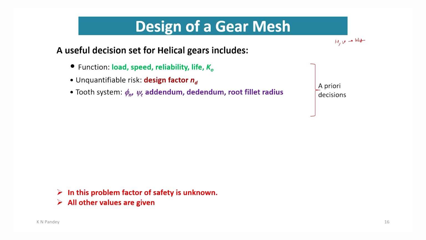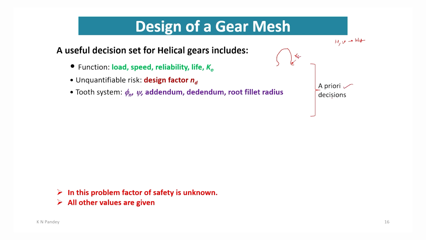The tooth system consists of the normal pressure angle, helix angle, addendum, dedendum and the root fillet radius. Root fillet radius means at the root there will be a fillet like that. So, what is the root fillet radius? That we have to